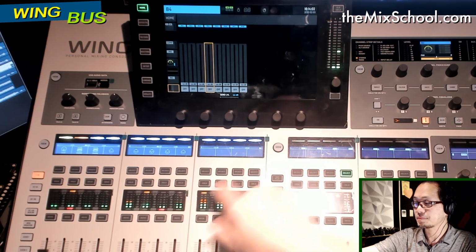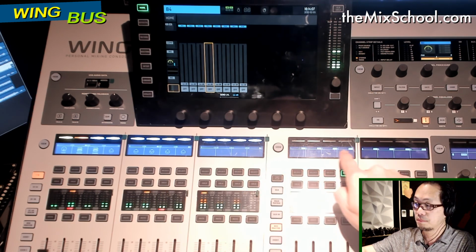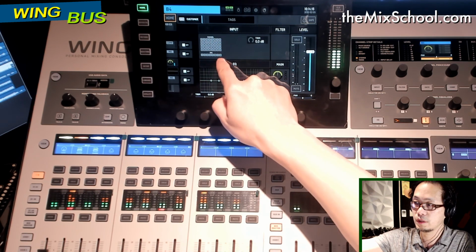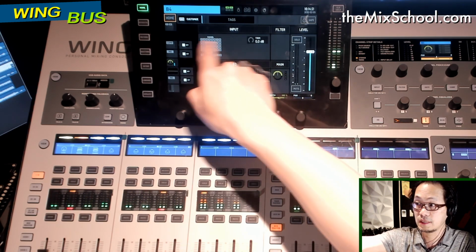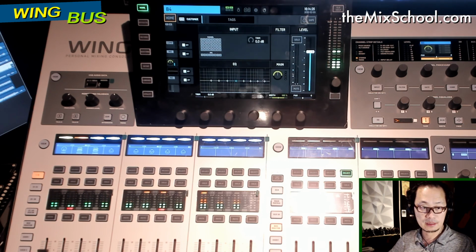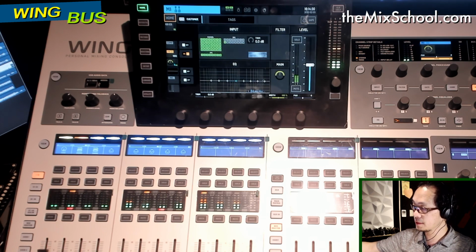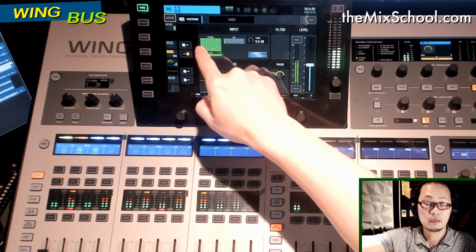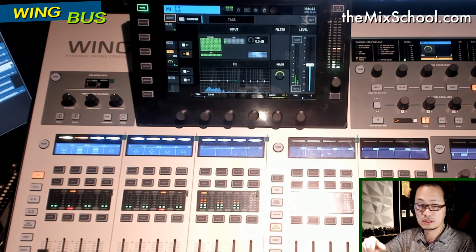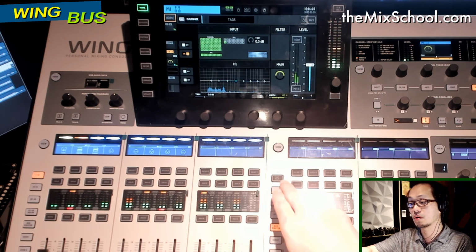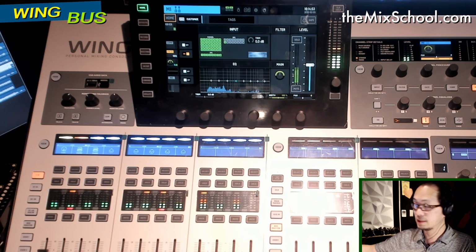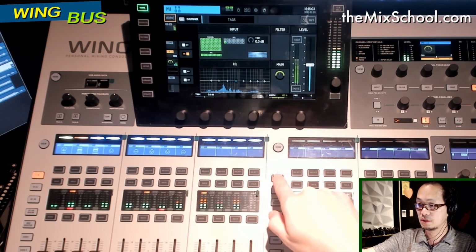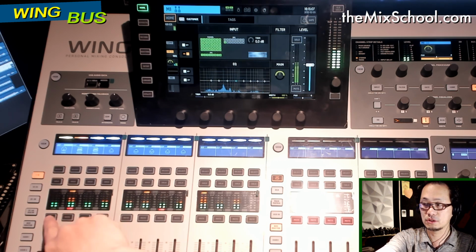Let's go back to this side. I select bus 4 here, the second button, and the home button. There are the whole channels here, a total of 48 stereo channels. Nothing is selected here. If I go back to the master, master fader 1, and select that bus, we see everything lit green, which means these channels are directly connected to the master bus. Just like we had on the X32, there is something called send on fader. If you select the master bus and press send on fader here, you cannot see it on the video, but everything is not muted, right? It is on. So if you mute this,